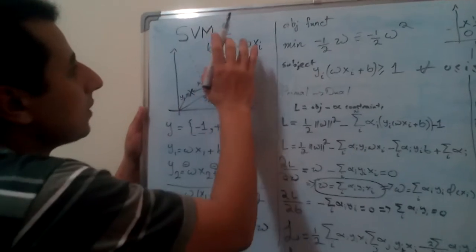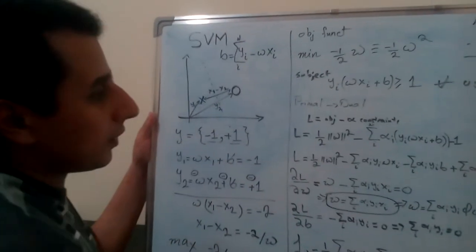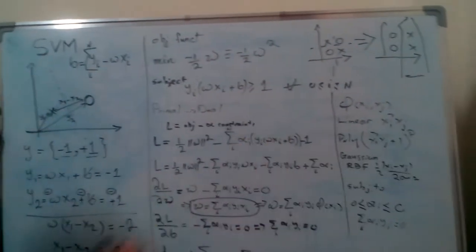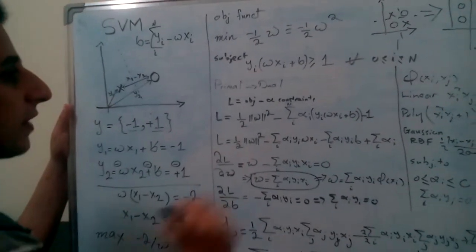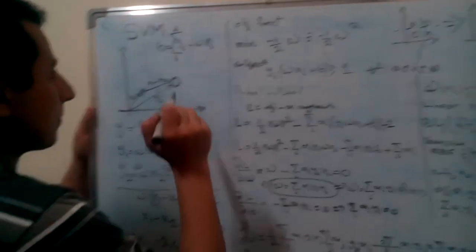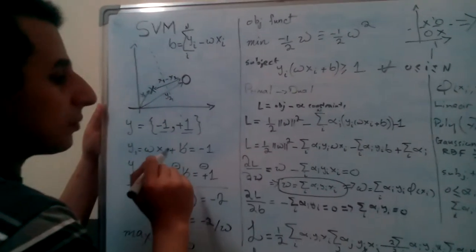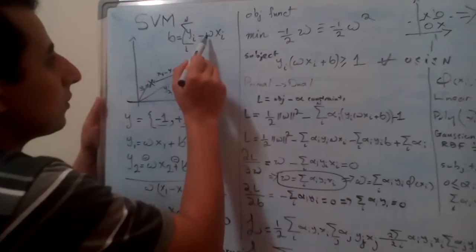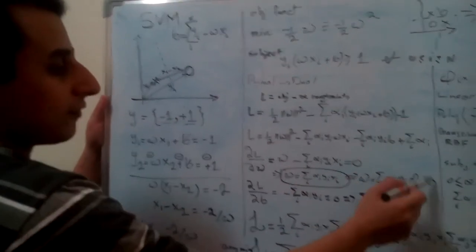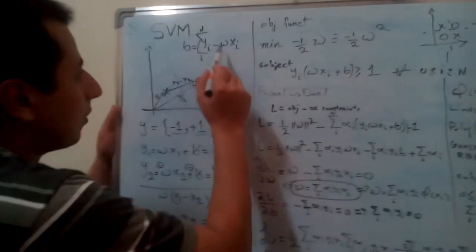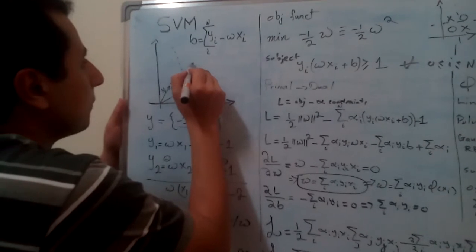So this is in the case of a linear kernel function. How about the case of a transformation where we have used another transformation? The equation is slightly different, but again it comes by substituting this value, or this equation, for omega. So it becomes